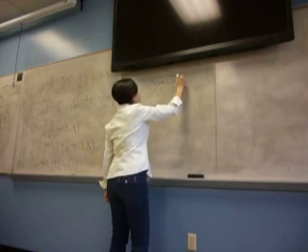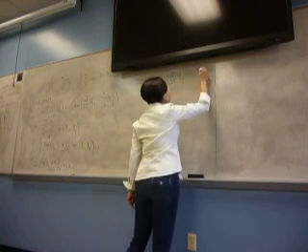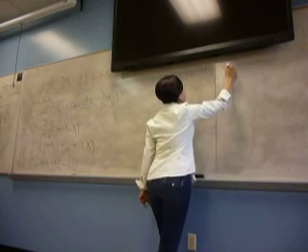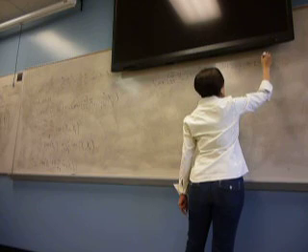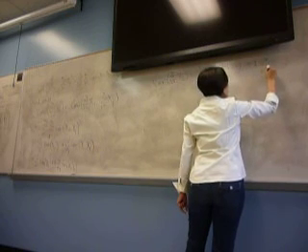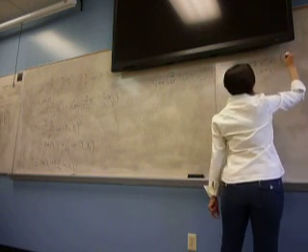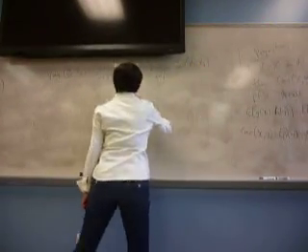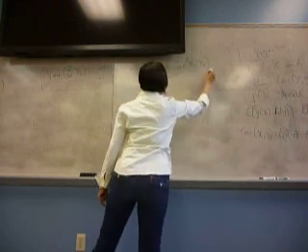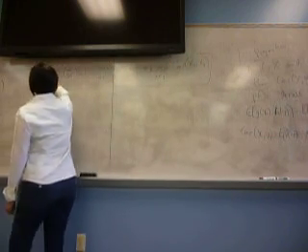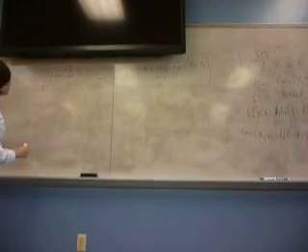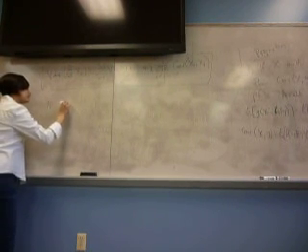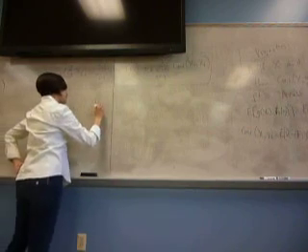Variance of the summation, i equals 1 to n, of xi equals the sum of the variance of each xi plus twice the summation over i less than j of the covariance. This is the formula that we're using. If x1, x2, xn are